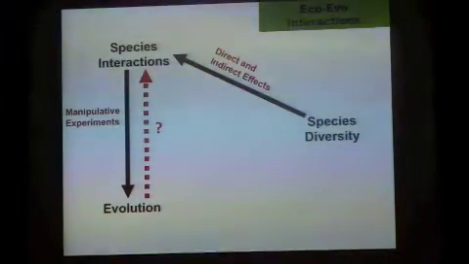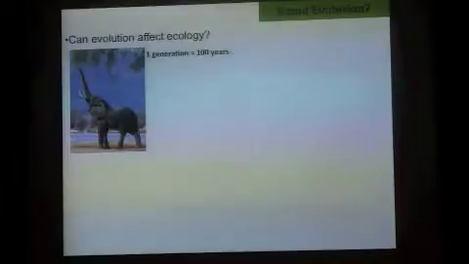But then another aspect of what I'm interested in is how evolution might affect species interactions, particularly when that evolution happens in really short time. So rather than thinking about millions of years, thinking about more weeks to years. And so if we're thinking about something like elephants, then evolution's probably not going to affect interactions on any ecologically relevant timescale, at least not that we can observe, because the generation times of elephants are just too long to really observe evolution in that system. It doesn't mean they're not important, it means that we can't really observe the evolutionary effect on ecology.